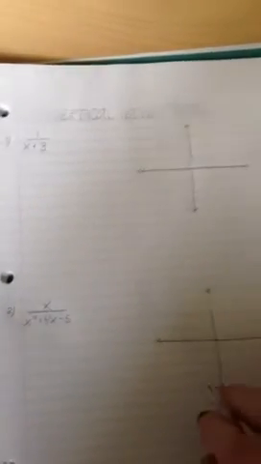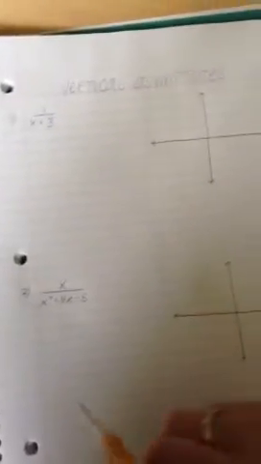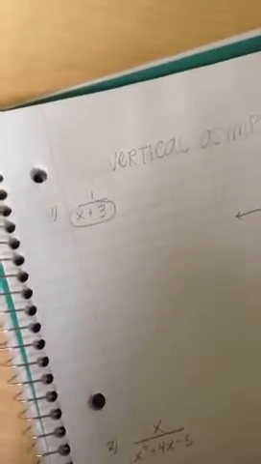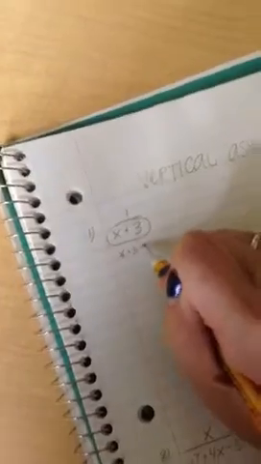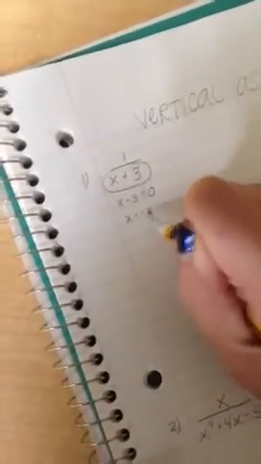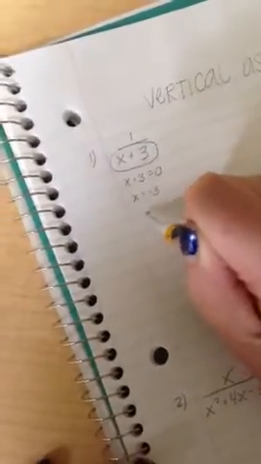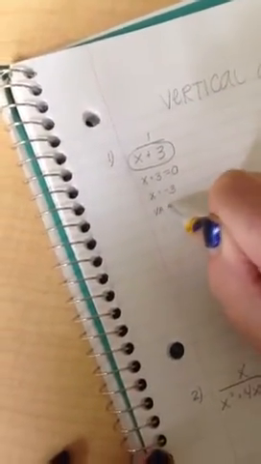Okay, so to solve for vertical asymptotes, you're dealing with rational functions. So if this is your rational function, to find the vertical asymptotes, you're only looking at the denominator. And your vertical asymptote is when the denominator cannot equal 0. So in order to solve it algebraically, you first set the denominator equal to 0. Obviously, x equals -3. So algebraically, it says that your vertical asymptote is equal to -3, or when x equals